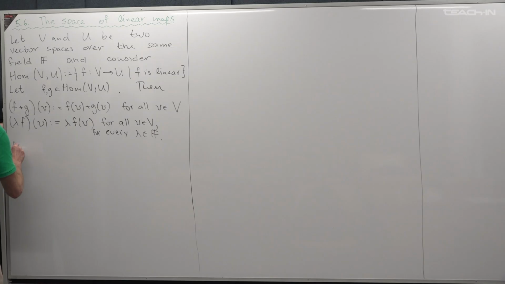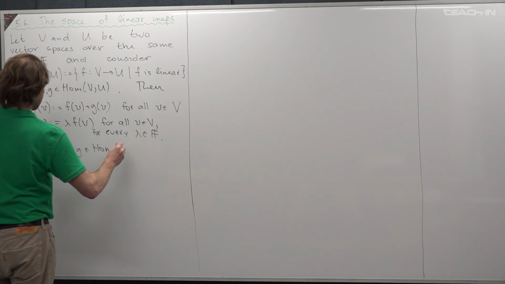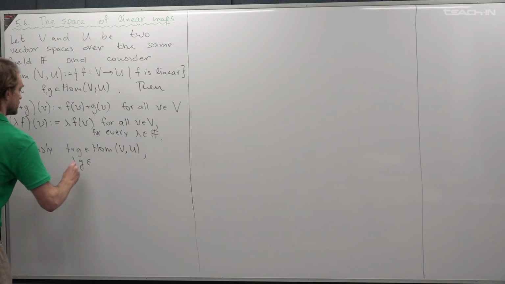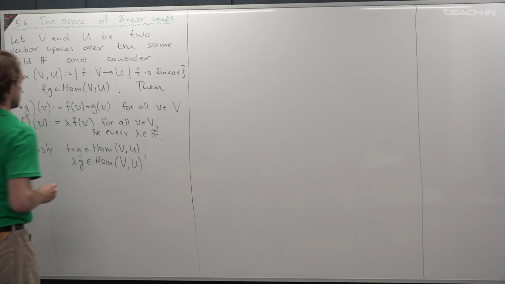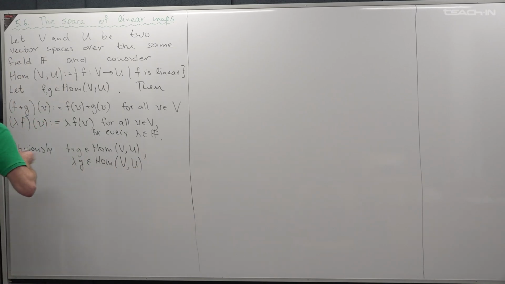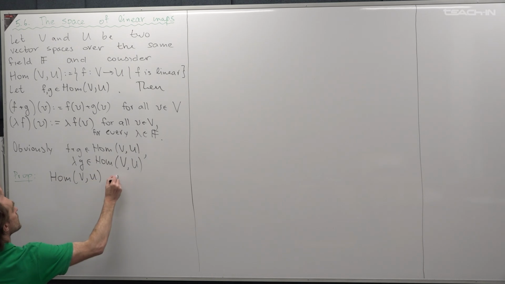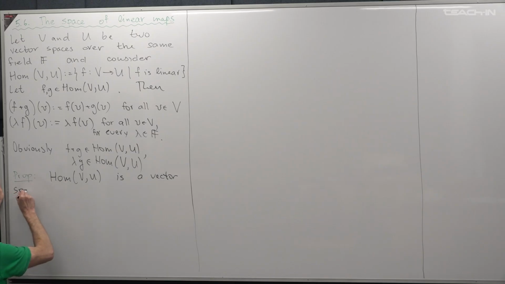So obviously f plus g belongs to this space of linear mappings, and lambda multiplied by g also belongs to this set. And I will formulate the proposition, which is quite obvious. So hom(V, U) is a vector space